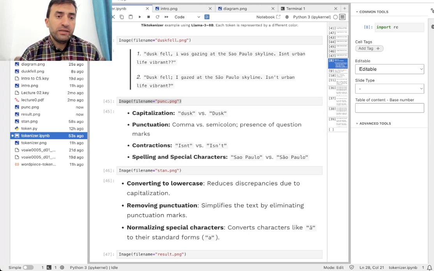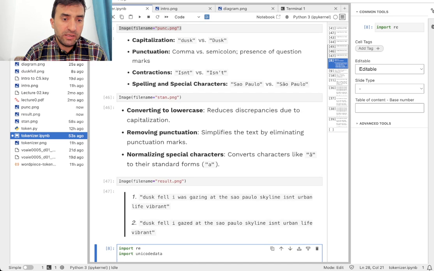They feel the same to us, but to a computer they're completely different because of the differences I mentioned, like capitalization, punctuation, accented text, and contractions. We can fix it by lowercasing all letters, removing punctuation, normalizing special characters, trimming extra spaces, and